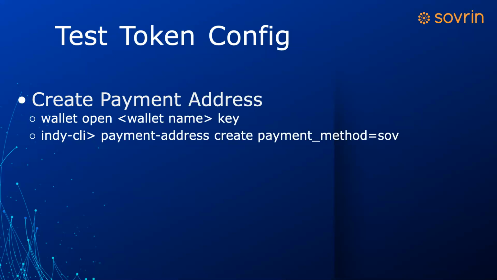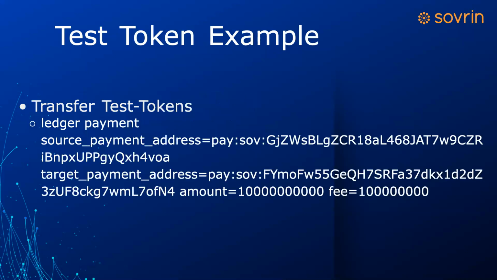So a payment address is just an address, and the secret key sits in your wallet. It doesn't necessarily mean that you have any tokens yet. To get some test tokens for the BuilderNet or the StagingNet, you send an email to support@sovrin.org, and send me the payment address that you created for that purpose, and I can transfer some tokens to your wallet, okay? And what does that do?